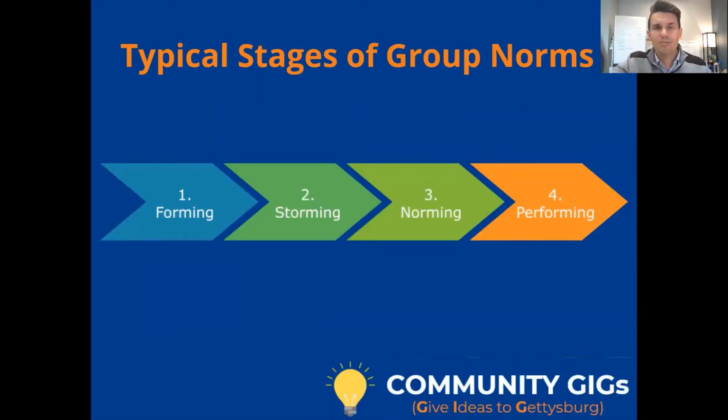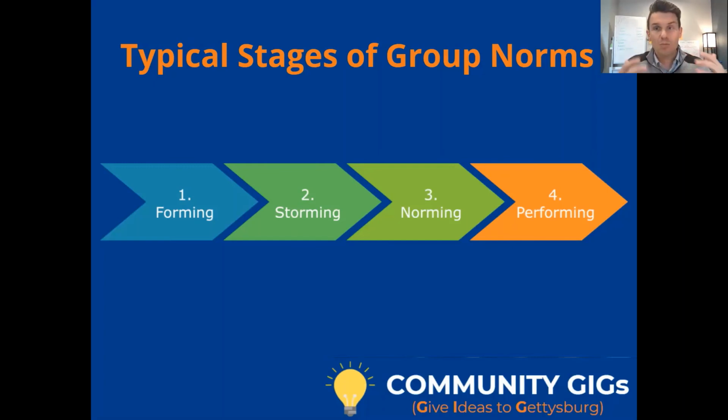The other thing I want to talk a little bit about is that every group experience is different. But what we do know is there are typical stages of norming that happen amongst groups. And you're going to experience this in some degree. But the reason why we wanted to spend some time building your team is so that you can think about how you advance in these stages more fluidly and more effectively, because ultimately you want to be able to perform with your team while working with your community partner. So the typical stages that a group goes through are forming, storming, norming, and performing.